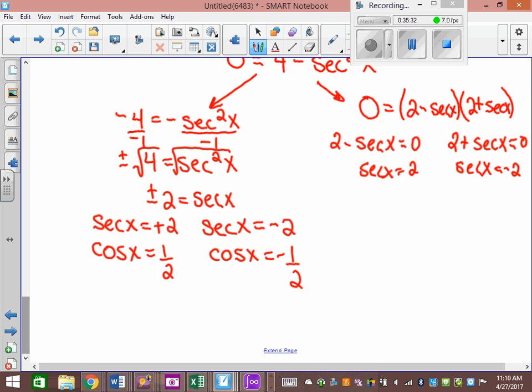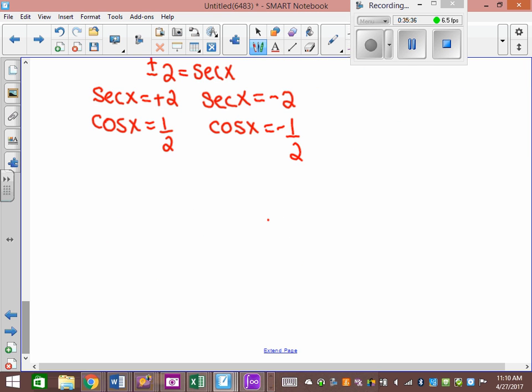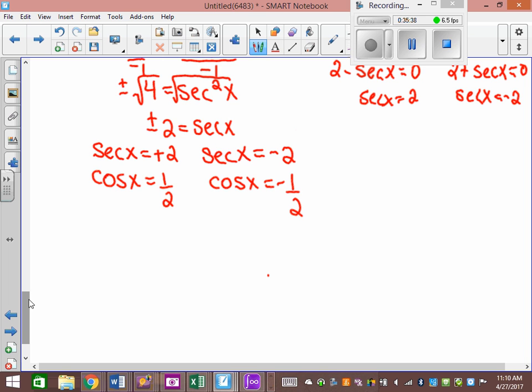Now, cos equals 1/2. At every 60-degree reference angle. Or every